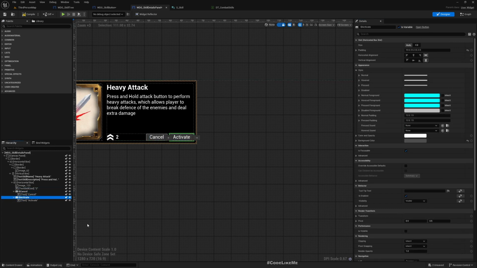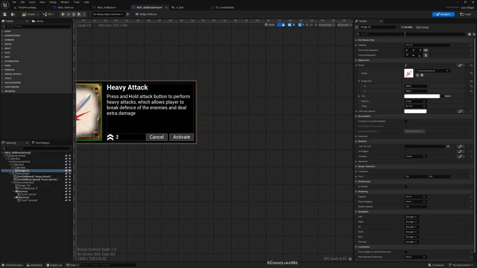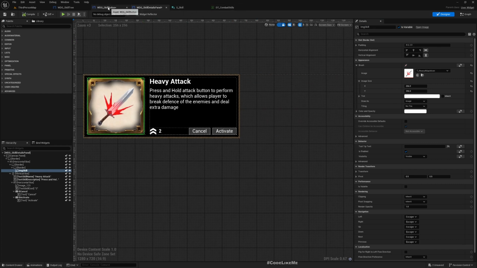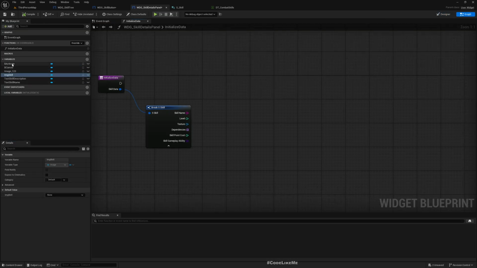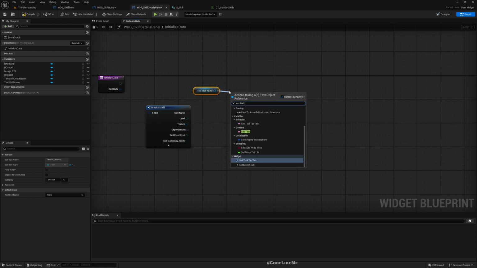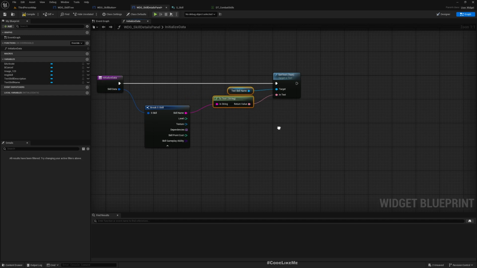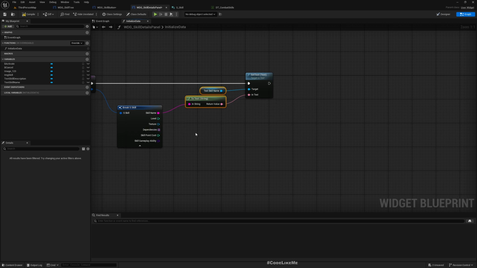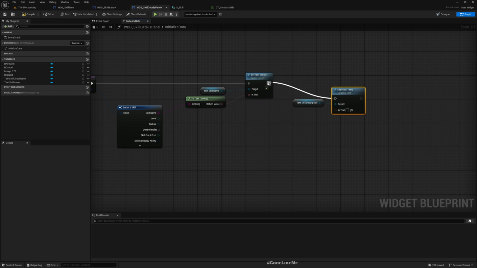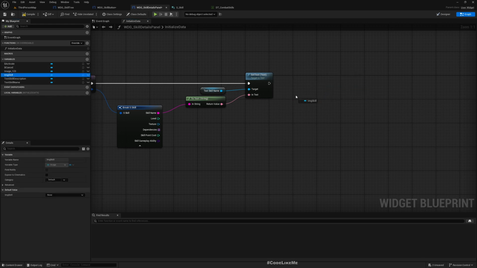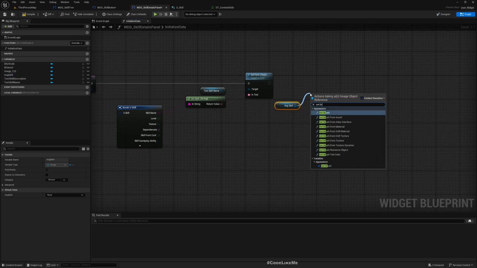Button, buttons, they're already variables. This is the image, yeah. Here, yes, here, text, skill name, text, skill name. And skill description. Right now I don't have a description, so I'll just code this here. Oh no, and get the image, the brush from